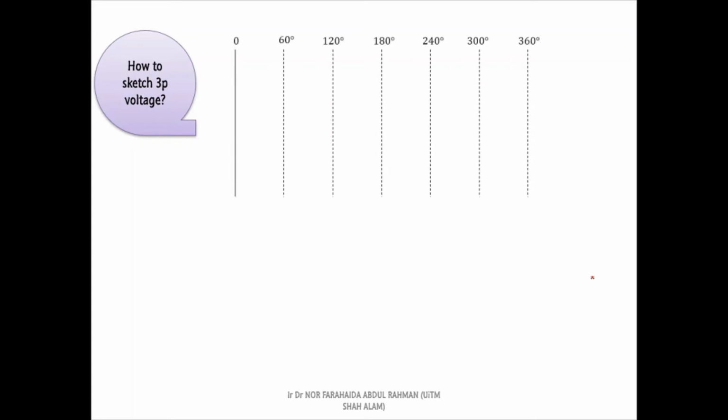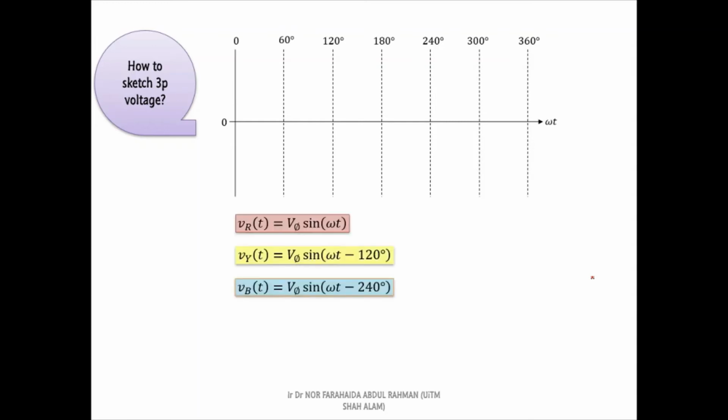In the three-phase system, it is crucial to know how to sketch the voltage waveforms correctly. Usually, I will sketch 6 columns of 60 degrees in width. Next, I will use the voltage equations to sketch the waveforms. From the equations, you can know the wave shape of the waveforms, the peak amplitude value, the frequency value, and also the starting time of each waveform. Now, let's sketch the waveforms together.